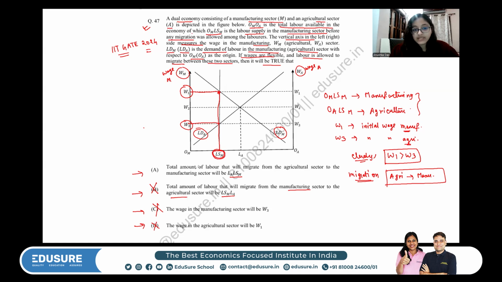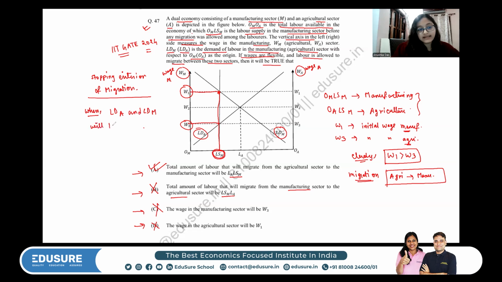Now, you have to find out the total amount of labor that will be migrated. By elimination, A is the right answer, but let's see the logic. To see how many laborers will shift, you have to know the stopping criteria of migration. So what is the stopping criteria of migration? Migration will stop when the labor demand curve in the agricultural sector and the labor demand curve in the manufacturing sector intersect each other,